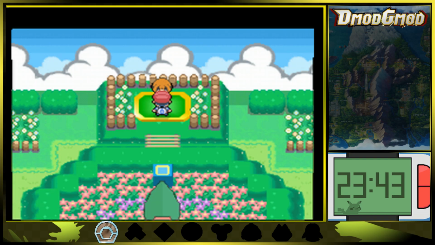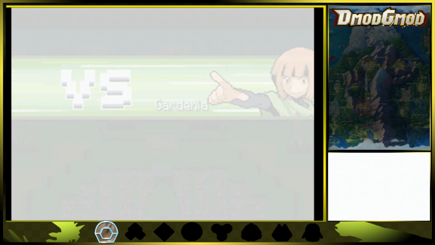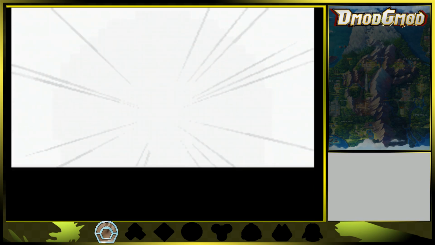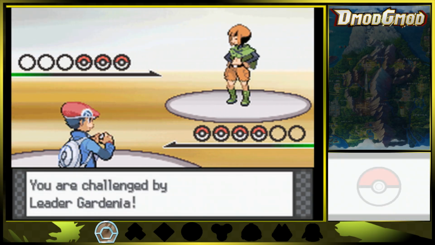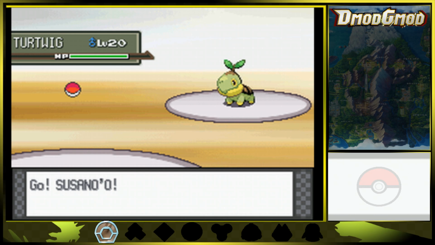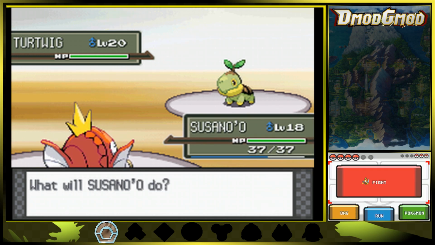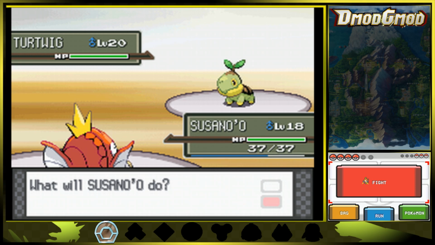Let's have our battle. And here we go against our second gym leader, Gardenia. Now, one thing I'm gonna say about Gardenia right off the rip is that, first of all, I like her design a lot, and second of all, she got a Turtwig. That's right, believe it or not, this is a gym leader with a starter Pokemon. Not something you see that often, or really ever in Pokemon? I could be wrong, but this might be the only time it's ever happened in the Pokemon series,